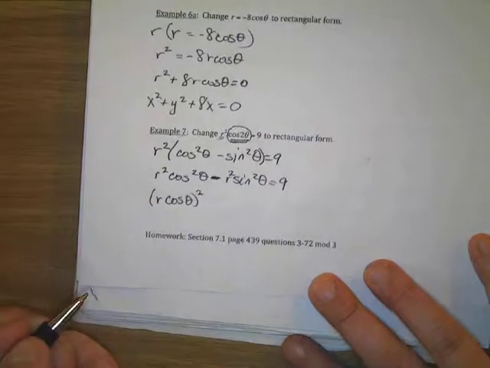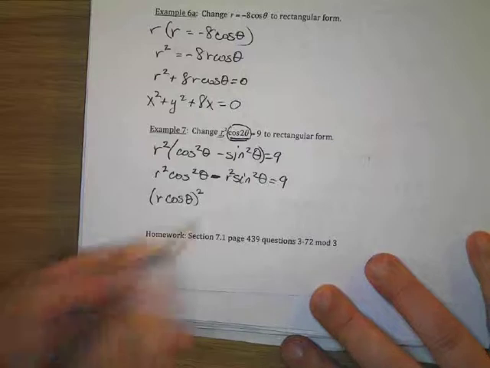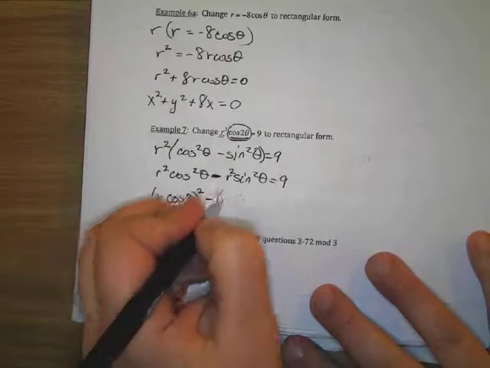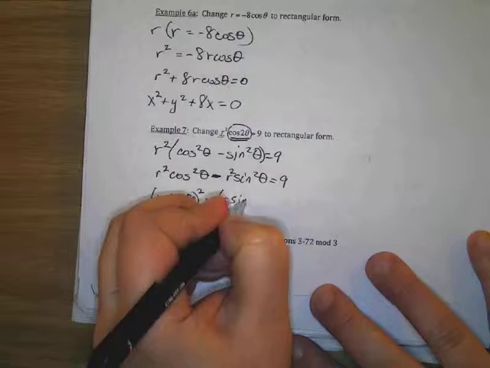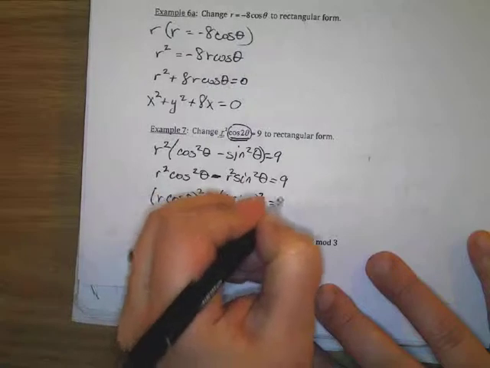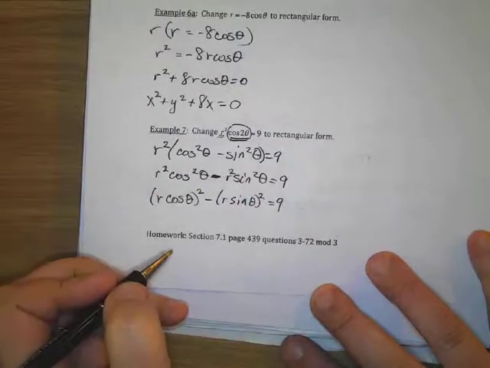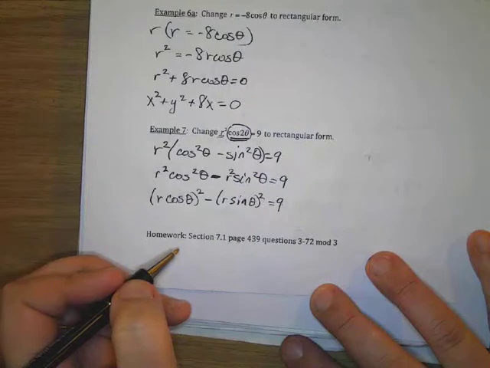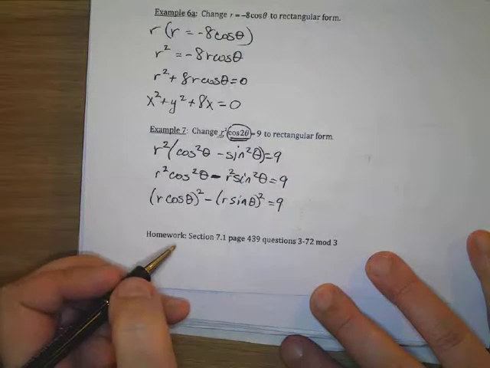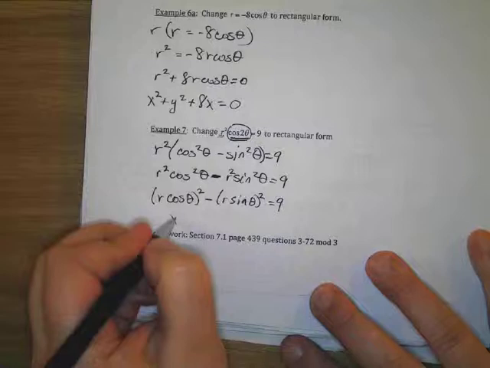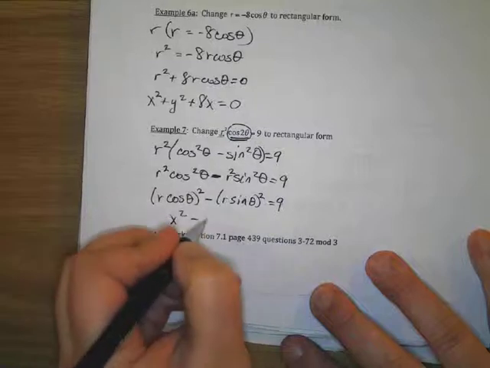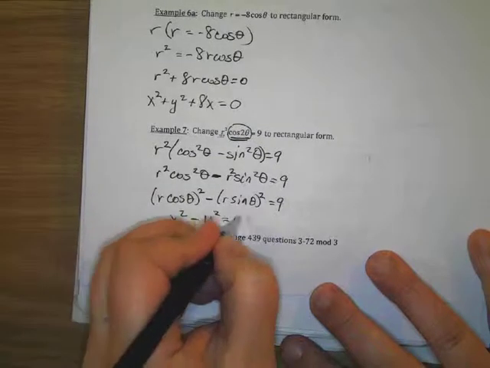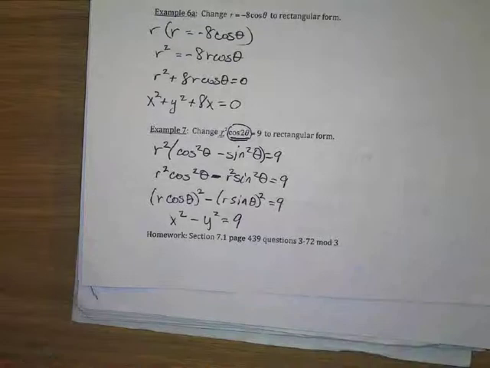Can you pull the square out from both of them? Yeah. Minus r sine theta squared. So what's r cosine theta? We're changing to rectangular. x. So this is x squared minus y squared, which equals 9. And that's it. And then tomorrow we'll learn how to graph them, and then we'll be done with